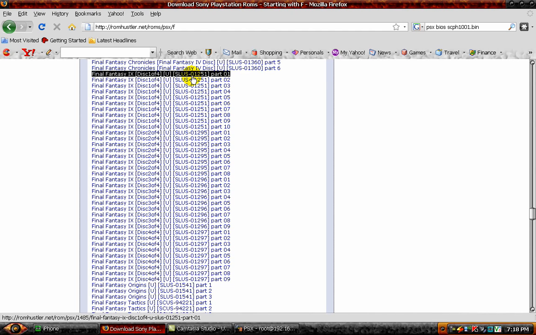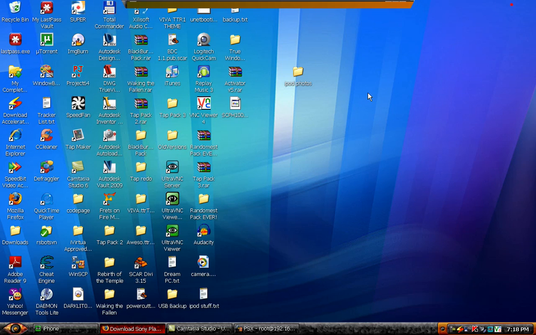I believe you have to download all of these files because you need all of the discs. If you don't need all the discs, then it's just part 1 through whatever, but I believe you do need to download all these. So it is a lot to download, but this is the only way to do it. So you download your files, and then once you have all the files, open up part 1 of disk 1,